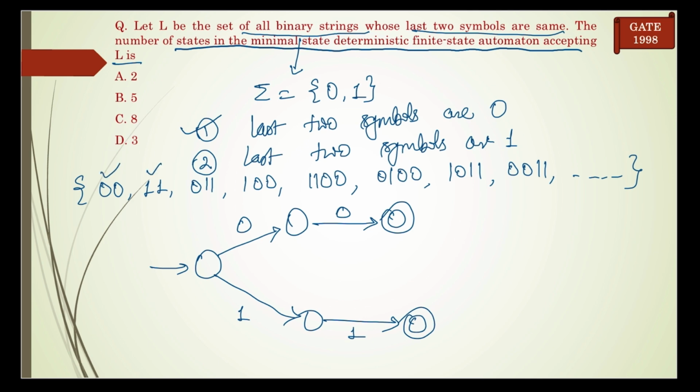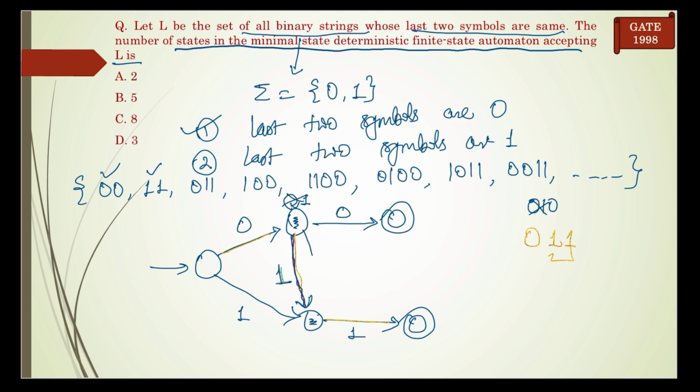Now this string is accepted, this is also accepted. Now to make it a DFA, we have to define the transition of 1 from this state. So if I apply this self loop here, what will happen? It can accept 0 1 0. It means I can't define it. So what we can do is we send the transition of 1 to here. So what will happen in that case? It will accept 0 1 1. So last two symbols will be same. So this transition will be defined here.